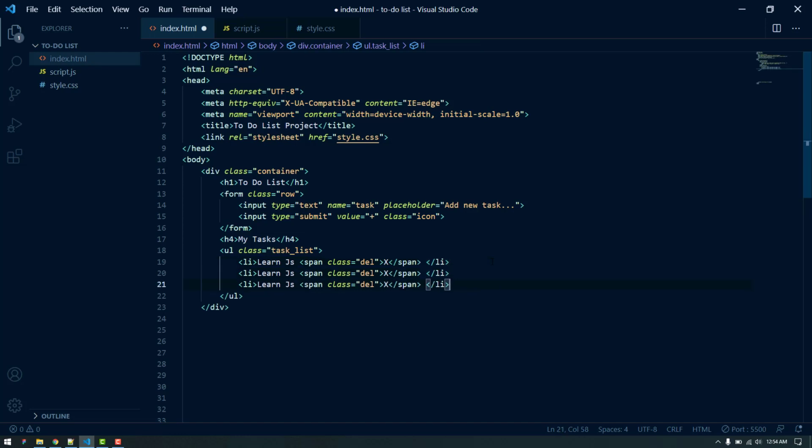Let's make some copies. Actually we will remove the list items from here later, because by using JavaScript we are going to create new li items from this input field and push them inside the list. So we won't need them in the future, but for now, for styling purposes, let's leave it like this. So I think every markup is done.